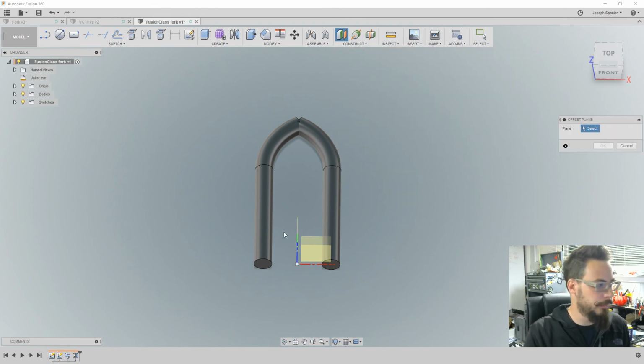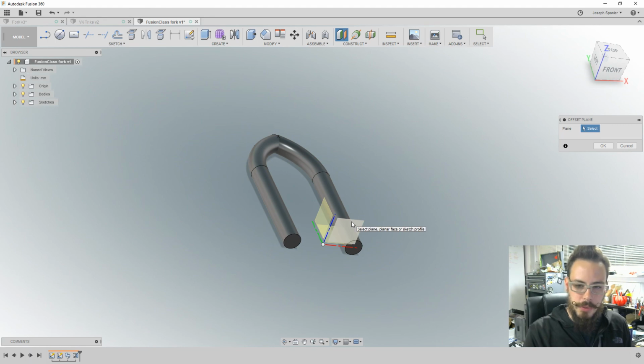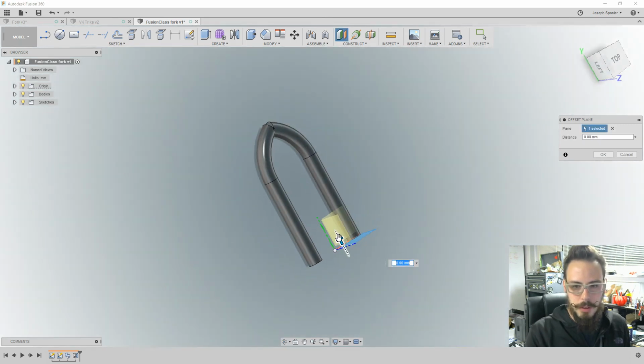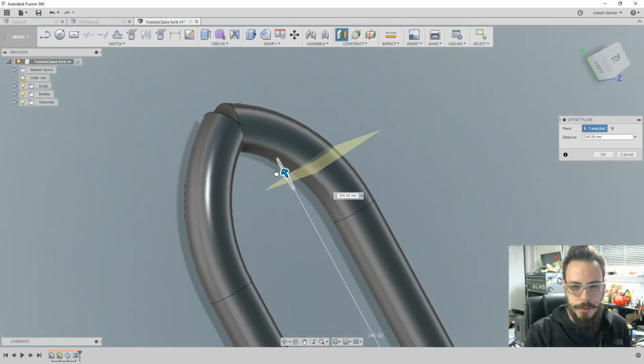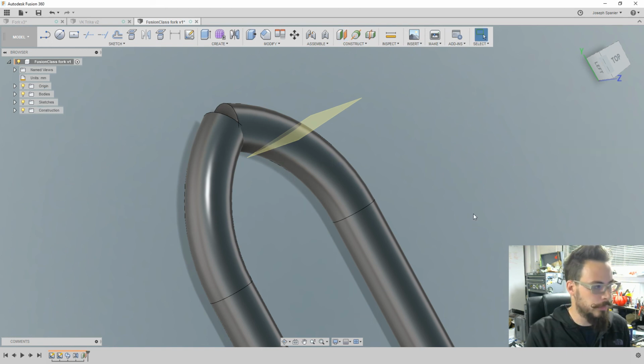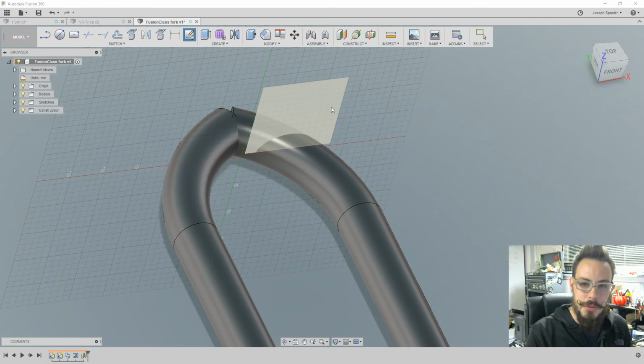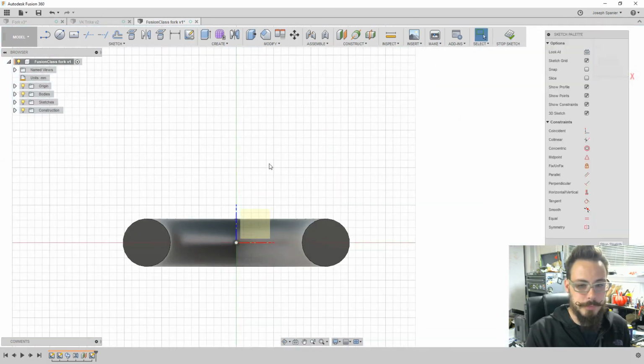And an offset plane says offset from some geometry or plane. I'm going to create a new plane. So I'm going to slide this up 270 millimeters. Click OK. And I'm going to create a new sketch. So we'll create a new sketch. We're going to use this plane as our reference for the new sketch. Again, working from our coordinate system center point here,